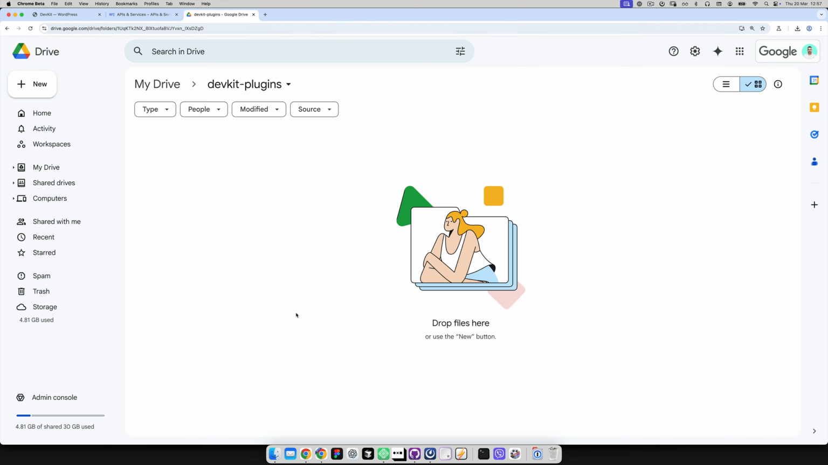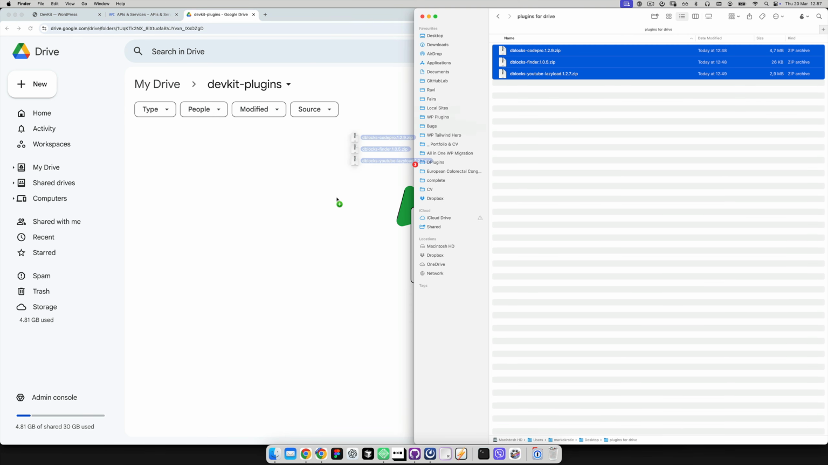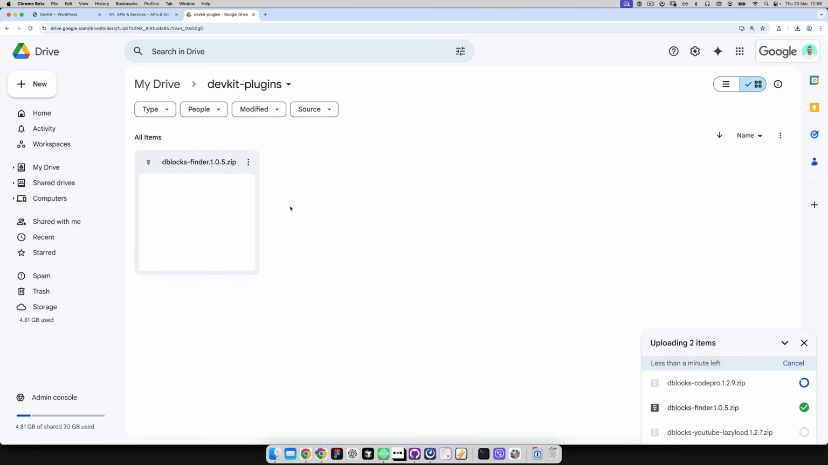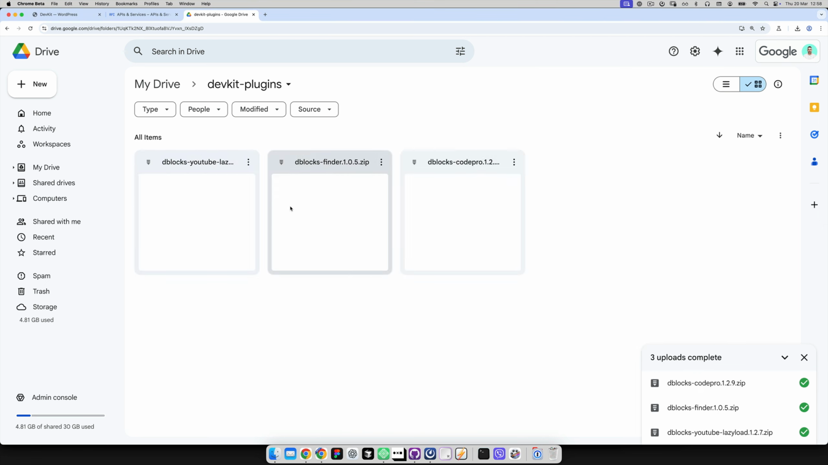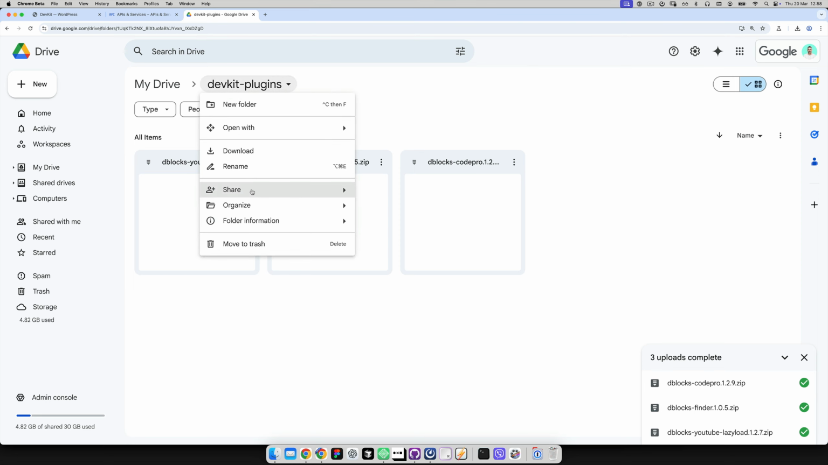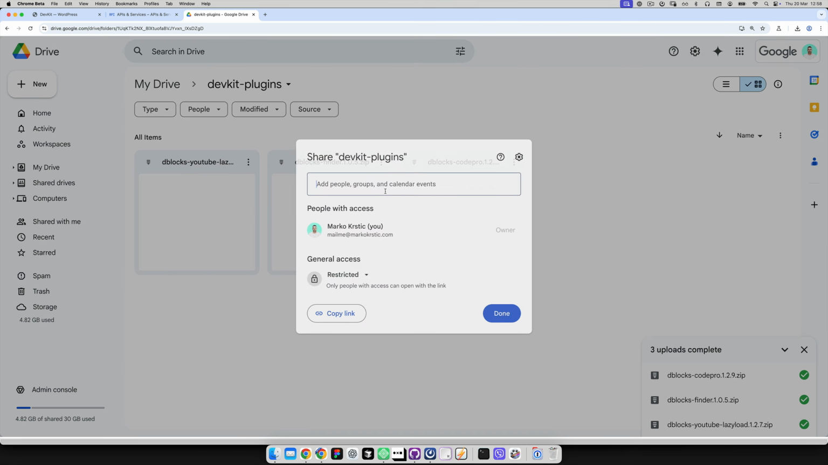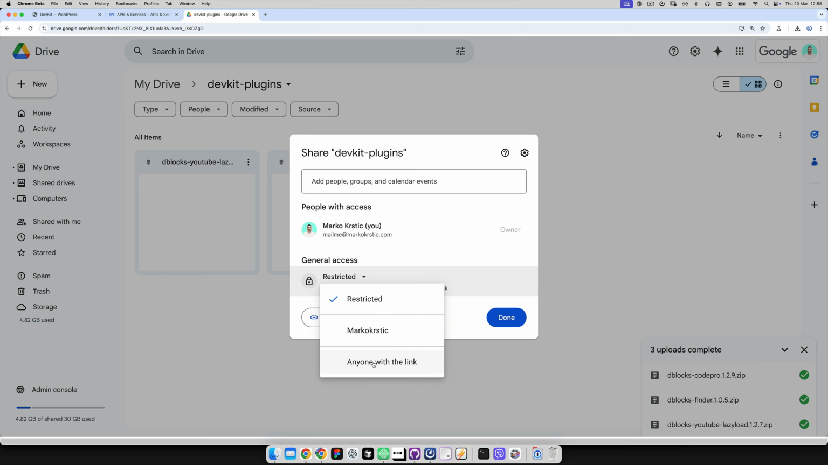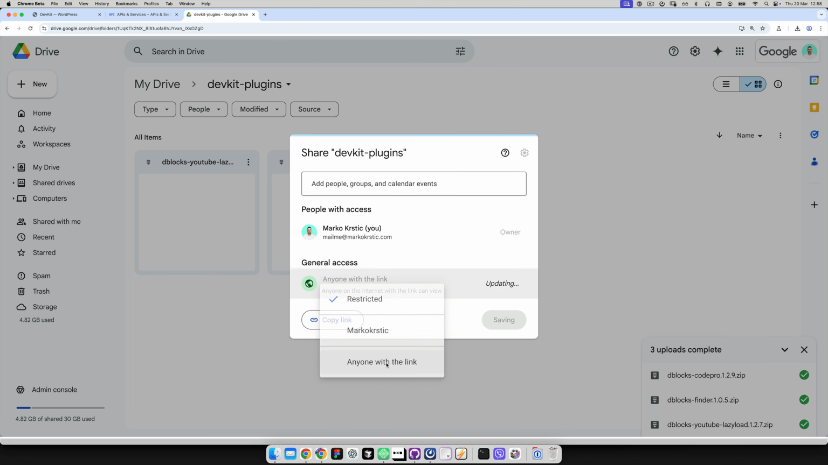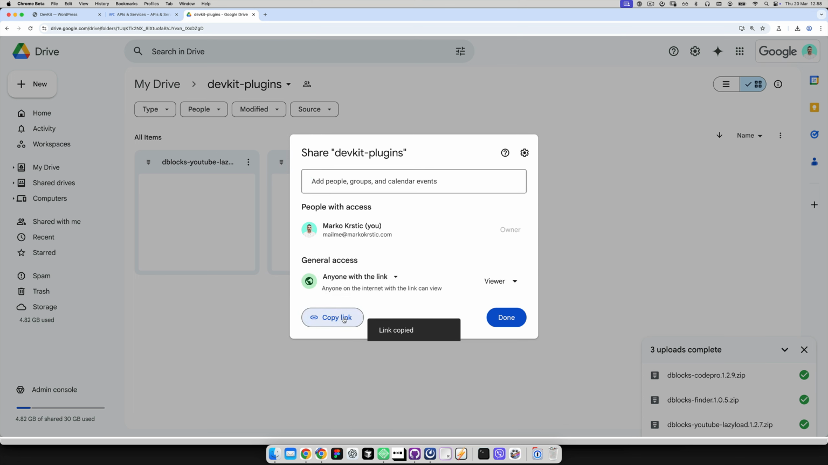After that, we need, on the Google Drive, to create a folder. Let's just upload a couple of plugins. Perfect. After that, we need to share the folder, and the folder needs to be public, so anyone with the link should access it. Copy the link,